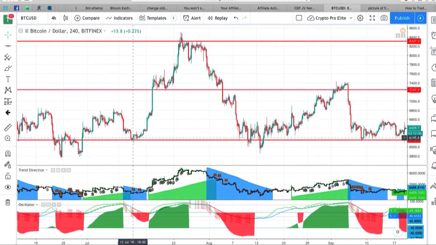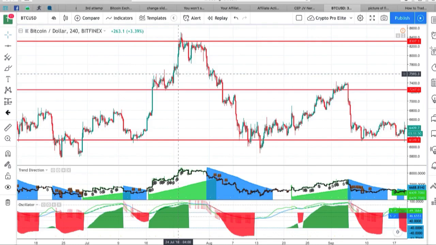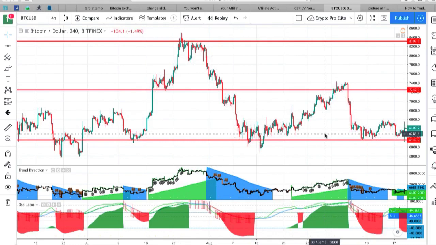So let's start right here, where Bitcoin hit this support level and started going up. What direction is the trend? It's going up, right? What happens right here? The trend goes back down. It goes back up. So one thing you need to understand, and listen to this carefully, the trend is your friend. We'll talk a little bit more about counter trend trading and things like that. But you need to understand that most of your winning trade setups are going to come from trading with the